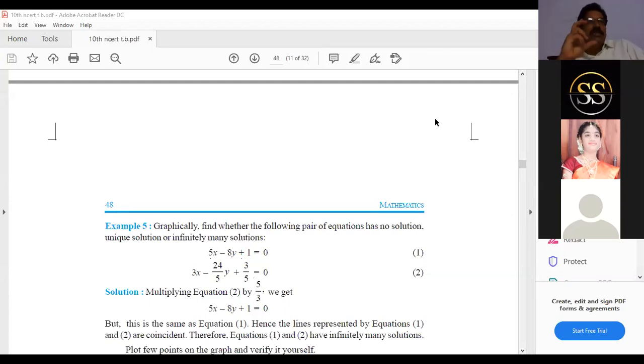Like that, if equations are given, add the two equations. You'll get the third equation. Subtract the two equations. You'll get the fourth equation. Those third and fourth equations you have to solve. Don't solve the first and second equations. Solve the third and fourth equations. Then you can get the x and y values. It is one model. It will be there in the reference. With that, successfully we have finished pair of linear equations in 2 variables.